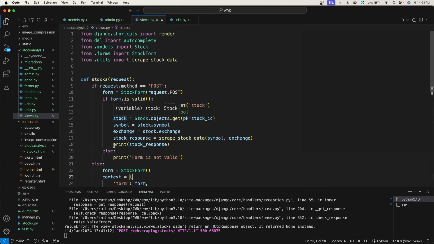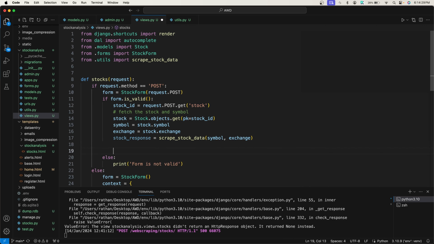Okay, at this point, we are getting all the stock response from the Yahoo Finance website. Now, before we show that data to the user, we will store it in the database. Once we store it in the database, then we will create a page and show it to the user. All right, so we got the stock response here, and we'll first check if the stock response is